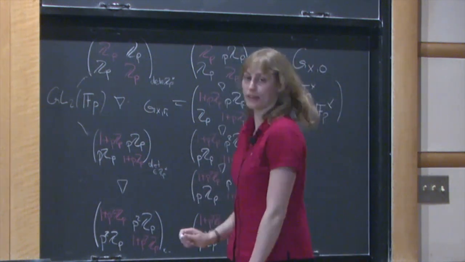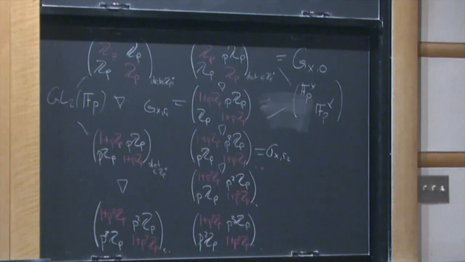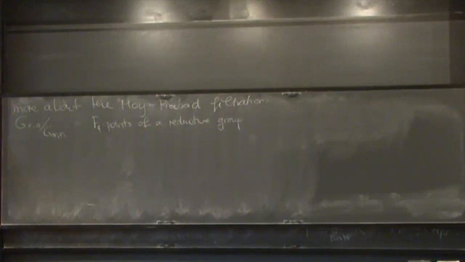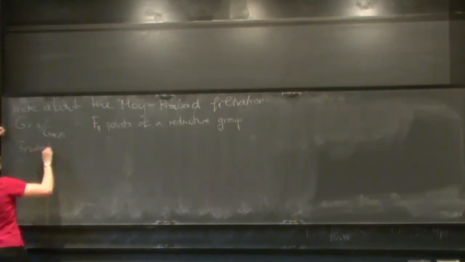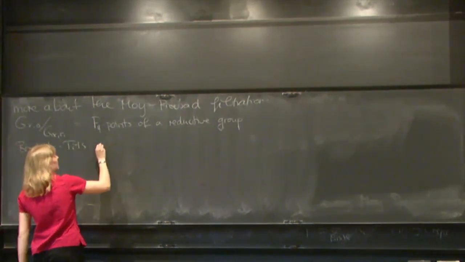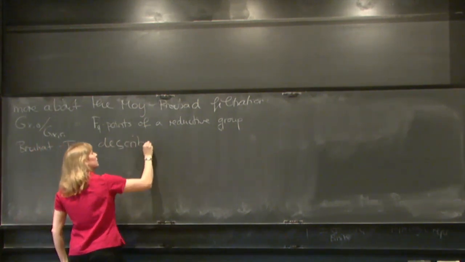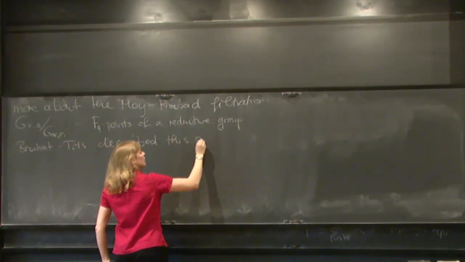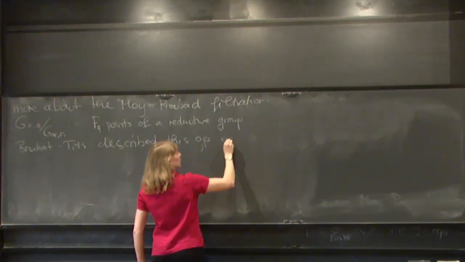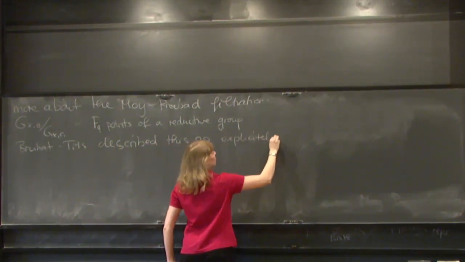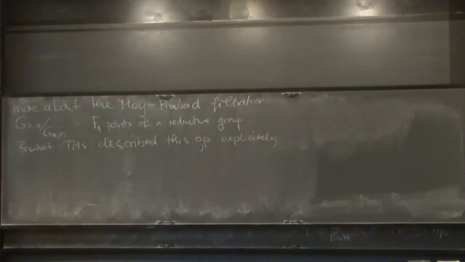So you can take all these quotients, and you can do even more. But let me maybe say something more about the first one, and then I can tell you more things you can do. So this is a reductive group. This is what the depth 0 representation comes from. It's a representation of this reductive group. And I wanted to say that Bruhat and Tits in the 80s described this group explicitly in combinatorial terms. They gave a root datum for it. So this group is rather well understood.